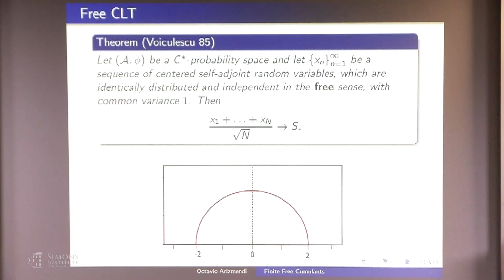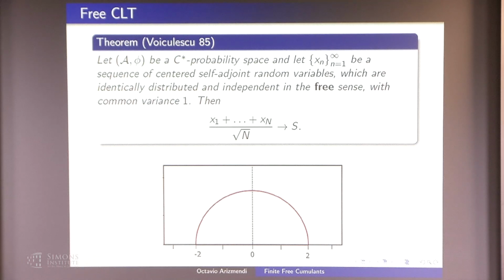Okay. And maybe for this talk, the first important result is, of course, the central limit theorem. And there is a big difference here, which is that, of course, we normalize, and we don't assume that the variables are classically independent, but freely independent. Then we get the semicircle distribution, which is bounded. So it's very different from Gaussian.